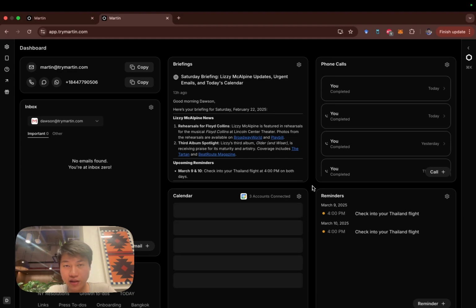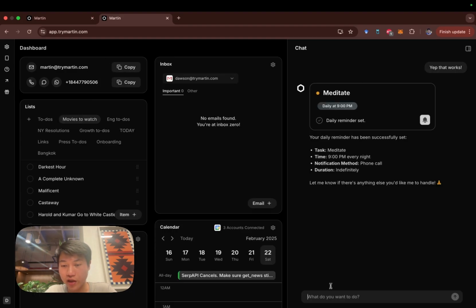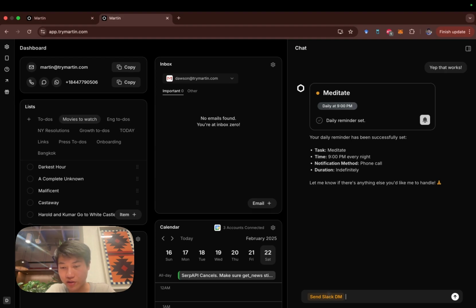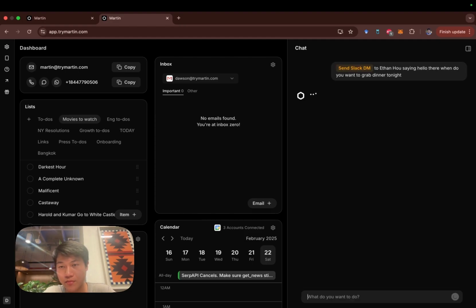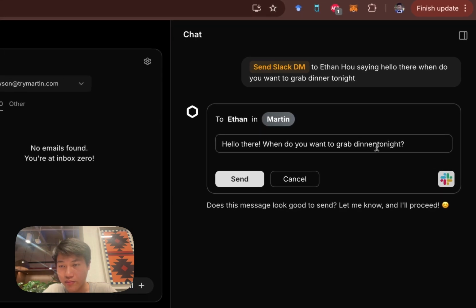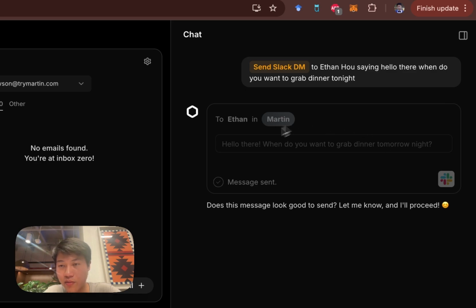So once you press allow, it'll send you back to the web app, and now we can do some Slack actions. So for instance, you can, let's say, send a Slack direct message. Let me send one to Ethan. Hello there. When do you want to grab dinner tonight? And then Martin will draft the message for you, and you can actually edit the message before sending it. Okay, Command Enter to send, and then he basically just sent this to Ethan from your account,